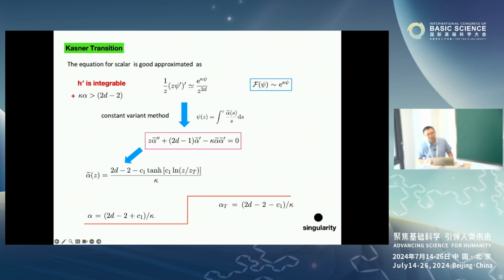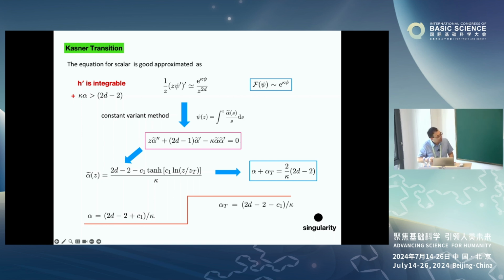It's like a tangent term. That means when z over z_t is in the transition regime, alpha goes to a constant, almost a constant. This gives you a Kasner universe, right? And if z is very large towards the singularity, alpha tilde also goes to a constant very quickly. This gives you a second Kasner universe. And this is the value for this function when z is very small or very large. It's very simple, right? It's because it's a tangent function. So you can check the sum of these two exponents is given by this one. This is just what we found for the Kasner transition.